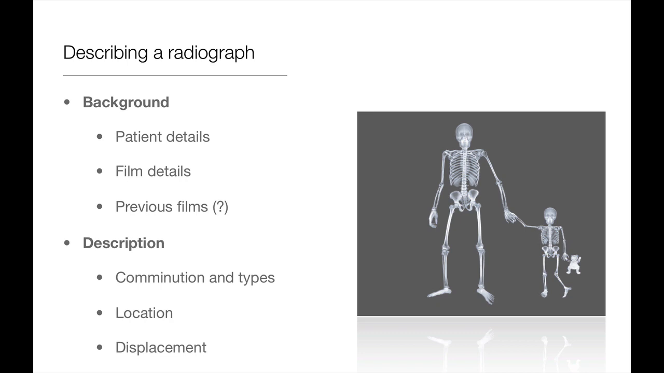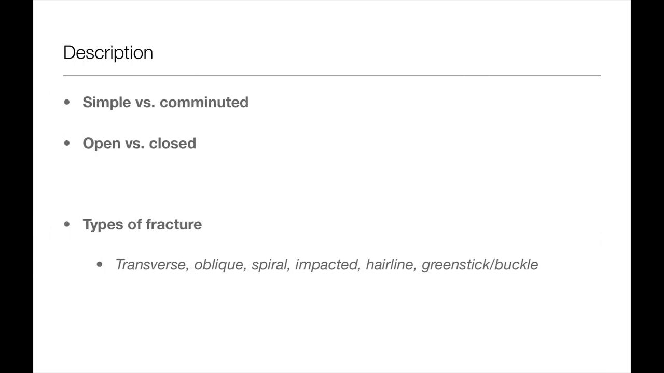For the description, there is a specific order you will expect it to use. This is comminution, type, location, and displacement. For type, start with whether it is a simple or comminuted and a closed or open fracture. Simple, 2 pieces, or comminuted, more than 2 pieces, which may be mild, moderate, or severe. An open fracture is when the skin is breached, and this may only be seen on clinical examination rather than